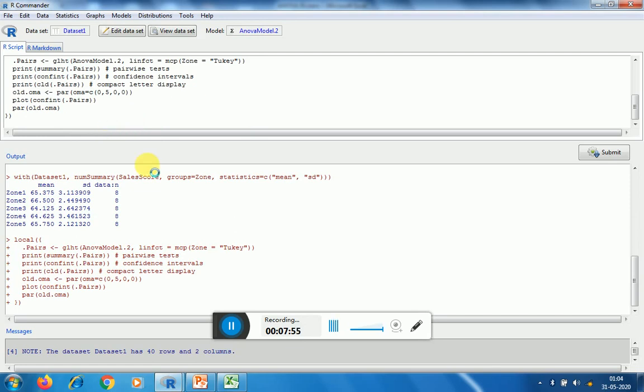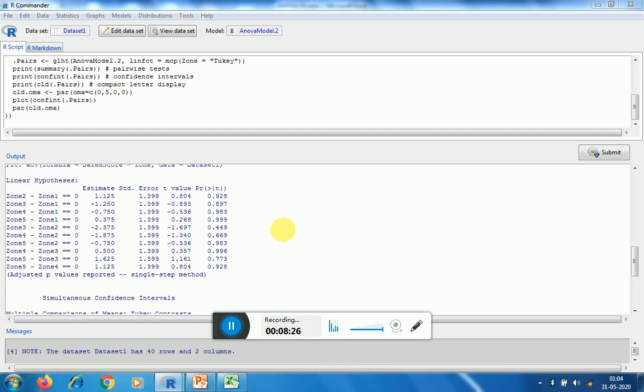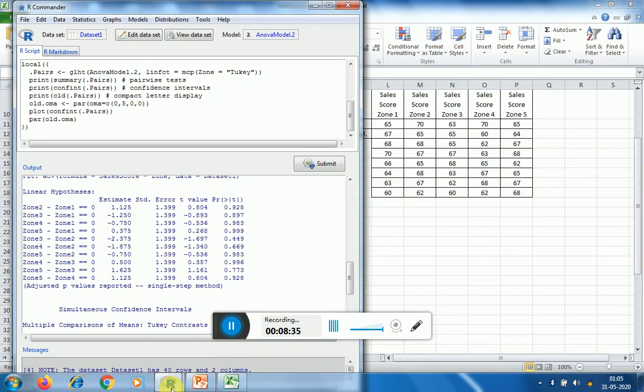So here we can see the pairwise comparison. The calculation with regard to pairwise comparison is in process. Yes, so here you can see that the pairwise comparison is also done.